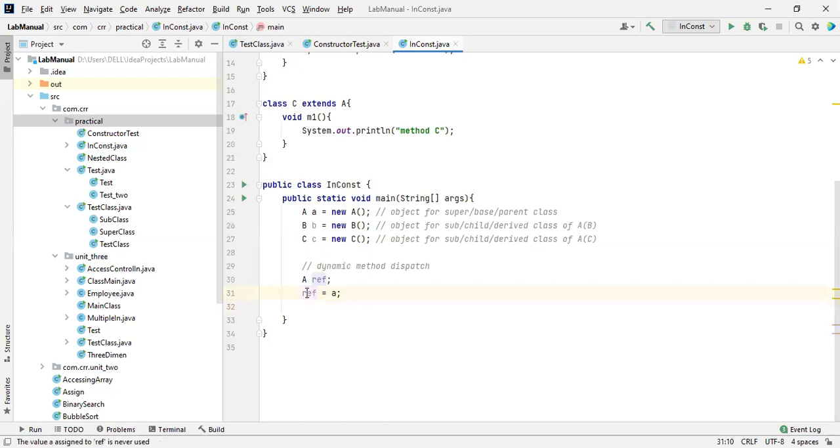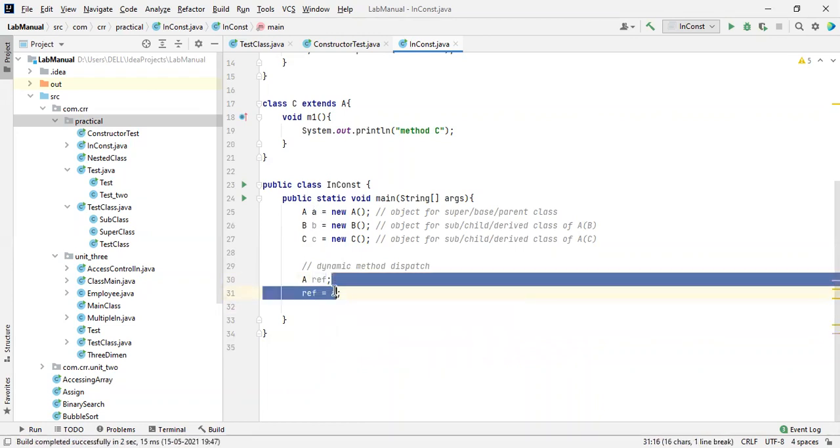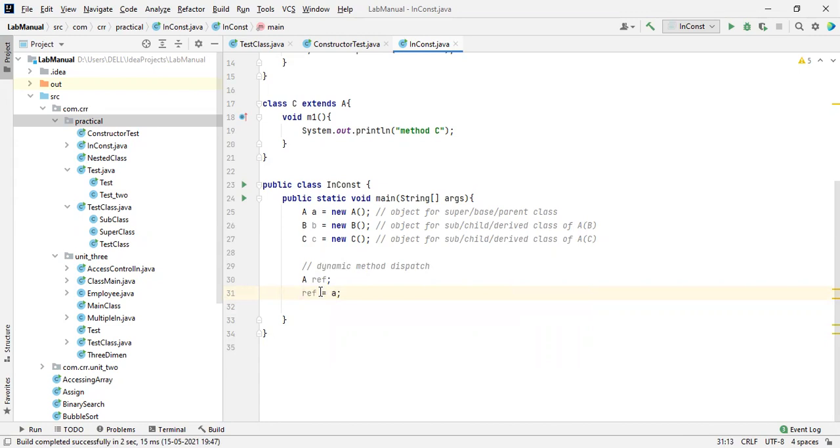The object of A has been assigned to the reference. This is the object of the superclass that has been assigned. This is the assignment operator, is equal to. I assigned that to the reference, and now I'm going to call a method inside that object.